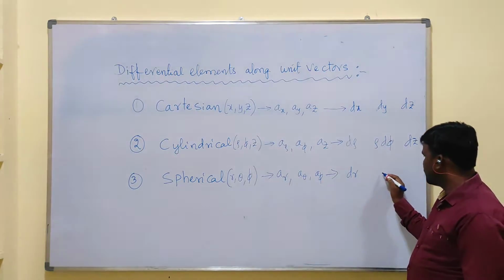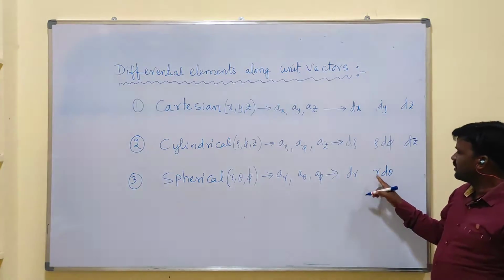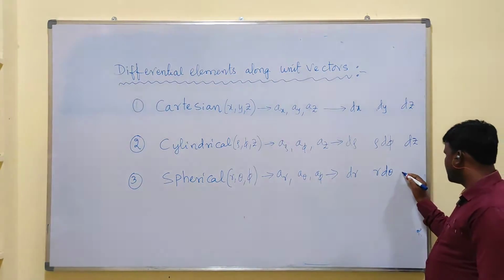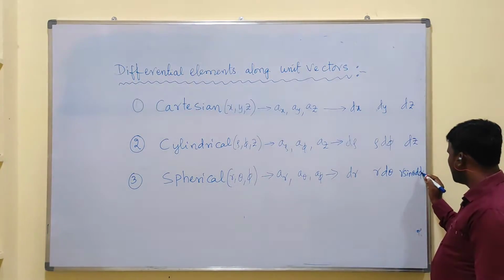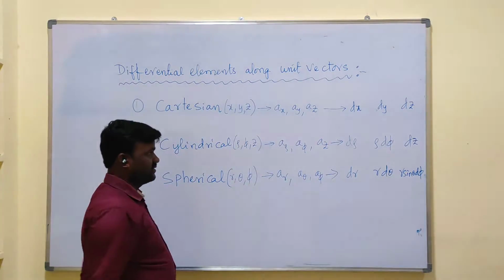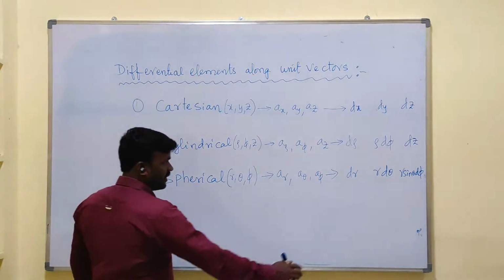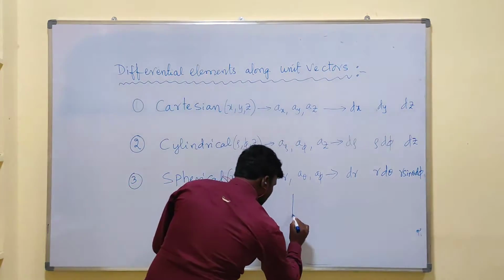Next, coming to theta, it is what? r d theta, since theta is the angle made by r. Next, the last element is r sin theta d phi. If you have any doubt, I will give a simple reference for this, the collected components r sin theta and this r also. Let us go for cylindrical coordinate system first.